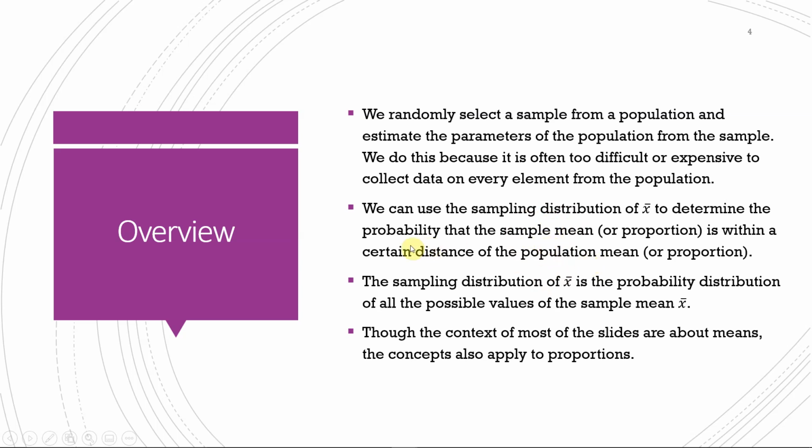So it's kind of helpful if we say, hey, we calculated this sample mean. We don't know the true population mean, but we have like an 80% chance or probability that it's within so many units of the population mean. That's helpful for people, right? So if you're asking, hey, how many minutes per day do people exercise? And you're like, well, we don't know the true population parameter, but based off of our sample, there's like a 90% chance that it's somewhere between 60 and 65 minutes per day.